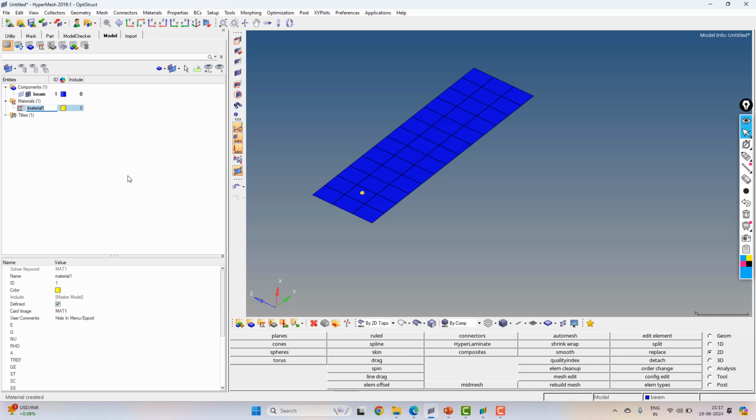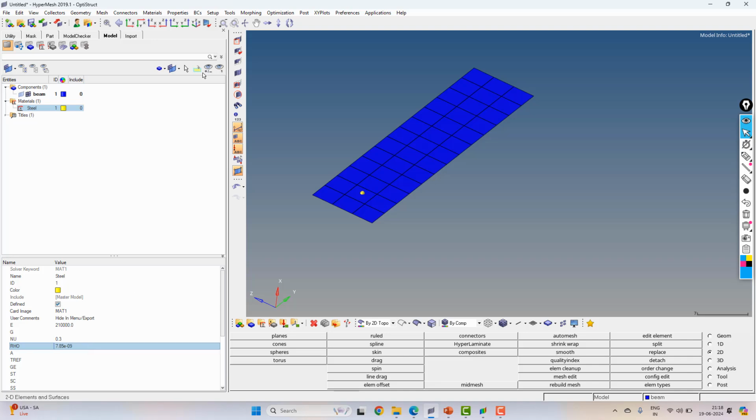I'll consider this analysis as a steel material. I'll take the default properties assigned in the HyperMesh OptiStruct file. Young's modulus is 210,000 Newton per mm square, Poisson's ratio is 0.3, and density is 7.85 to the power minus 9